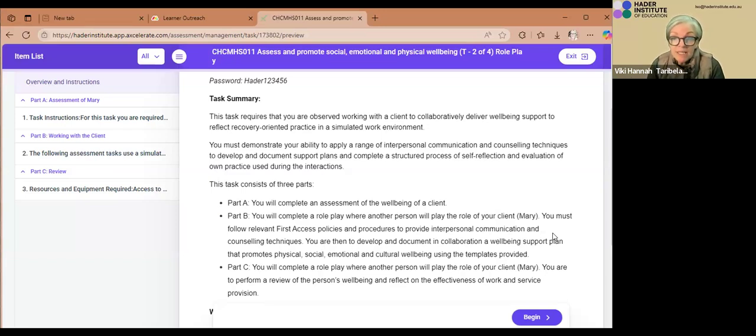And then part C to this is you will complete a role play where another person will play your client, Mary. You are to perform a review of the person's well-being and reflect on the effectiveness of the initial work you did and the service you provided. So there's a part A, intake assessment. Part B, you're working with Mary. And then part C,